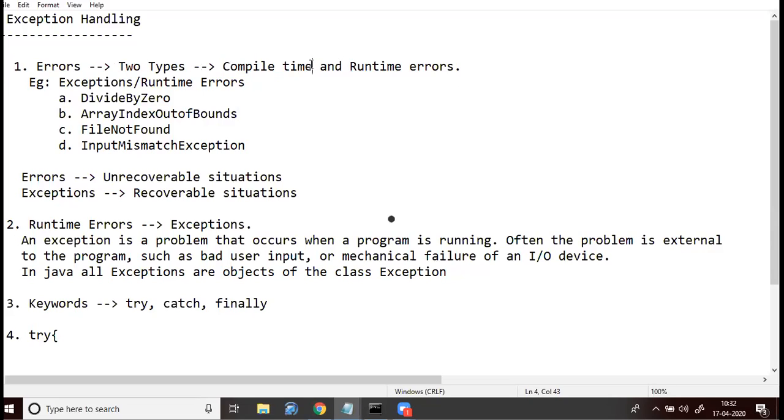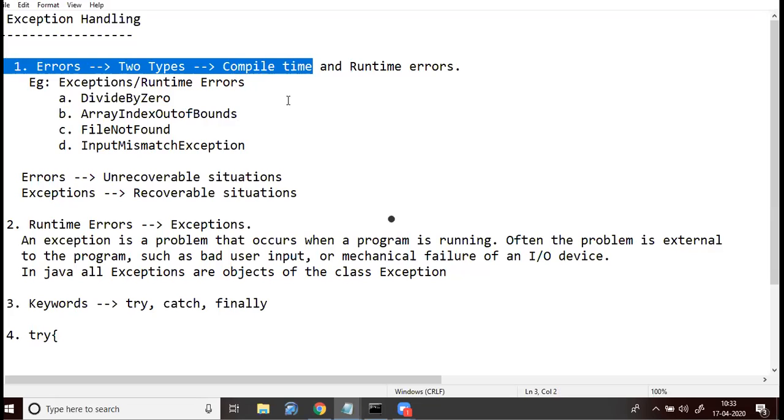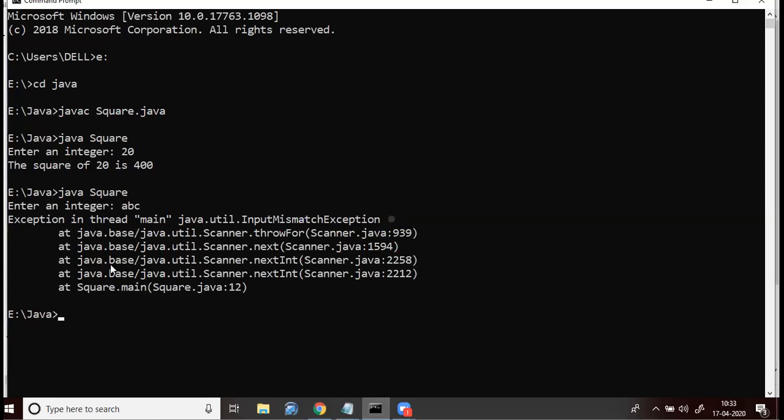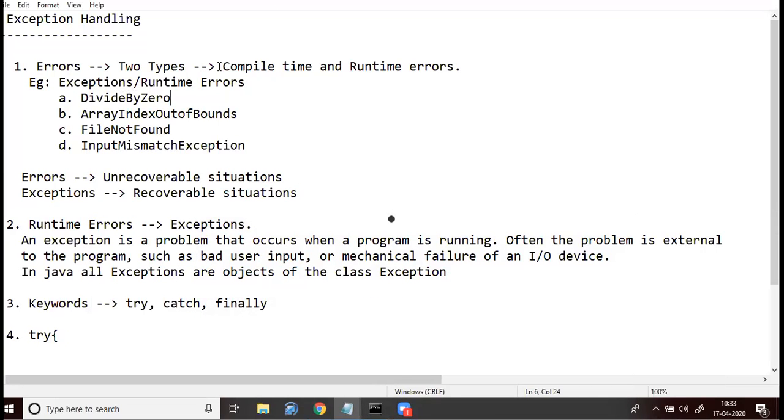Compile time errors are those errors which are created when you compile a program. You know how to compile a program. We compile a program by typing javac filename.java. When you give that, if any errors are created, such errors are called compile time errors. And obviously you have to resolve those errors, because without resolving them, you cannot execute the program.